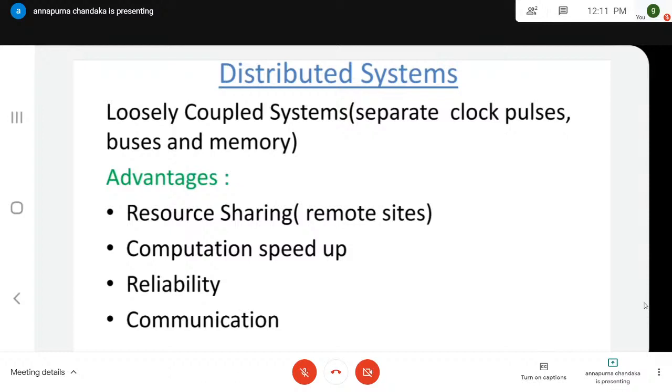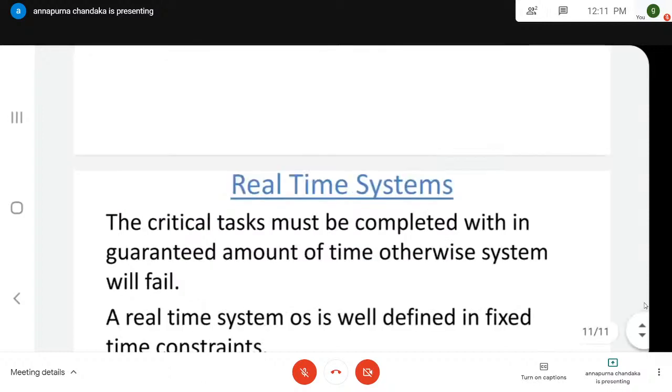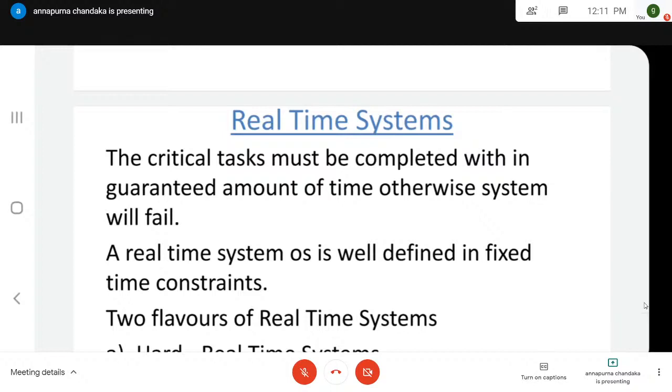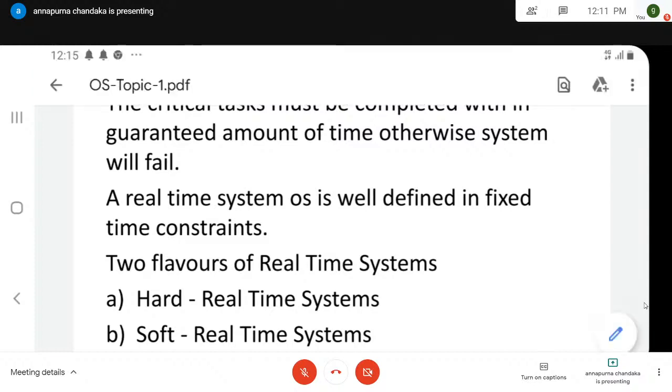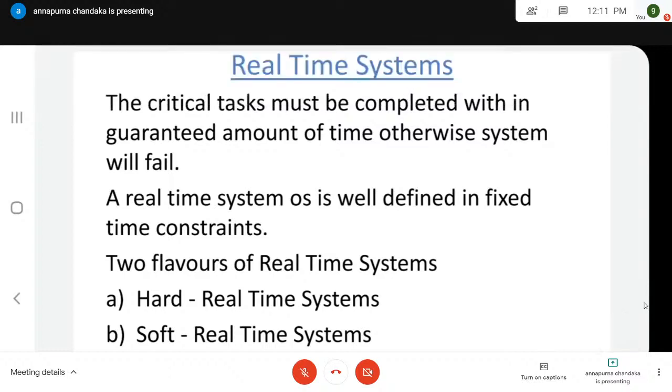Now, coming to the last very important topic of discussion, the real-time operating system. Before going to the detailed discussion about the real-time operating system, first we look at an example, instead of giving the definition. This kind of learning is called example-based learning. First we'll see the example, then you can understand the basic definition.